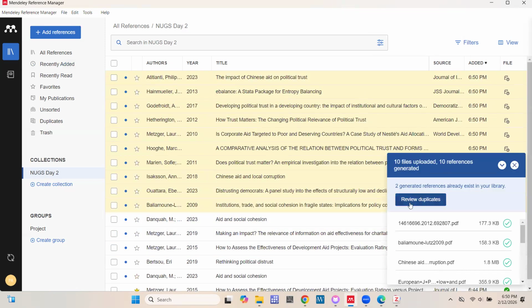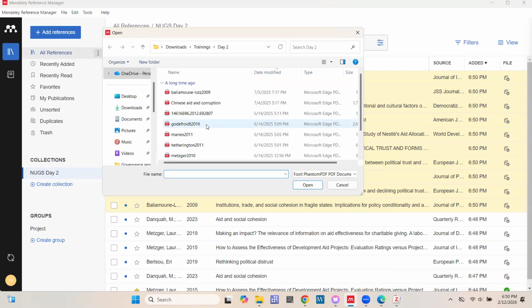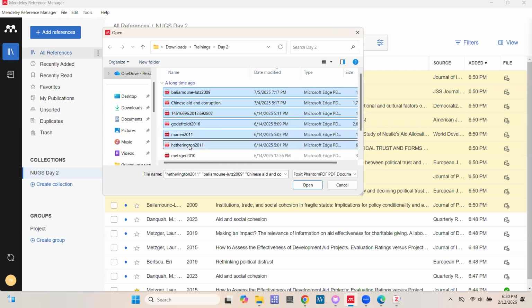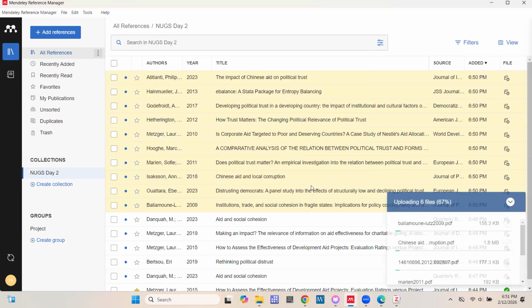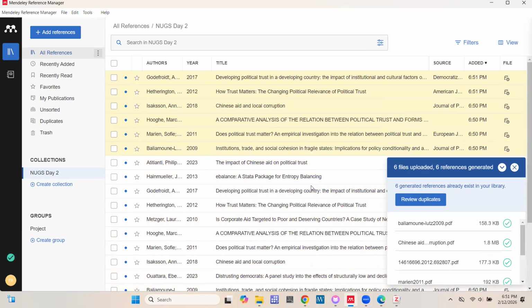And then it even gives me a caution that they are duplicates. Later on, we will look at duplicates. Now, if I go to import file, I could select multiple files using the control key or the shift key. And once I click open, they should still upload. But when I upload, it will create duplicates. For example, if I click open, they will still upload, though these files are already there. So it will tell me you have duplicates.